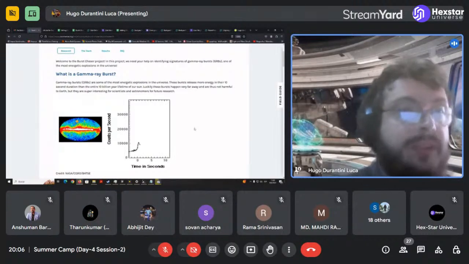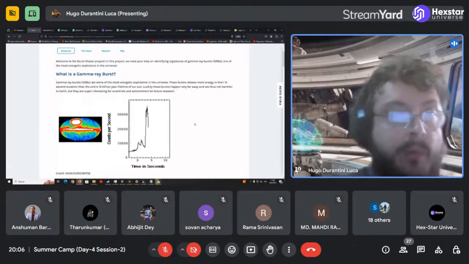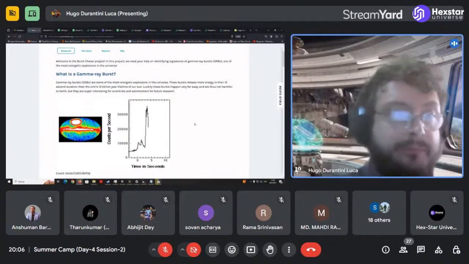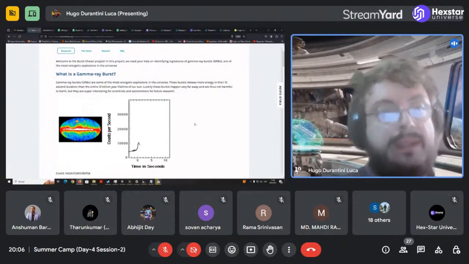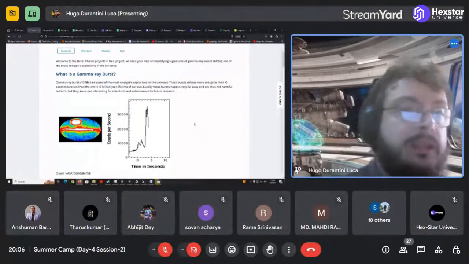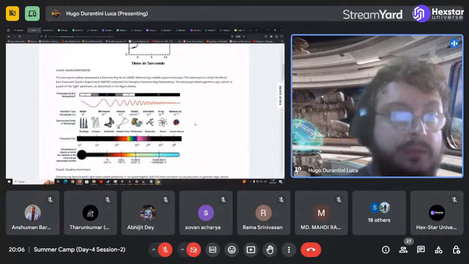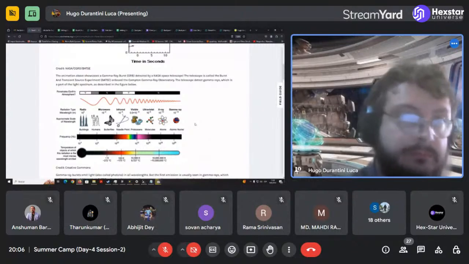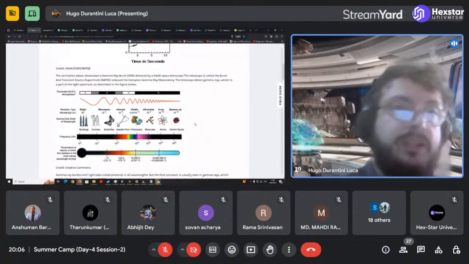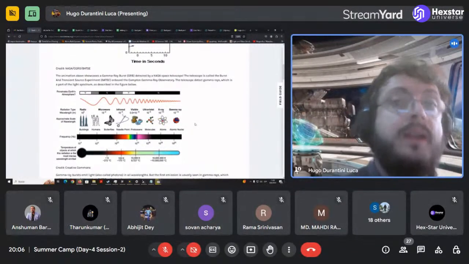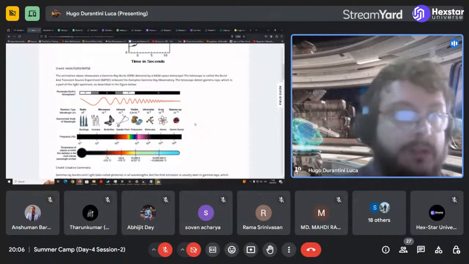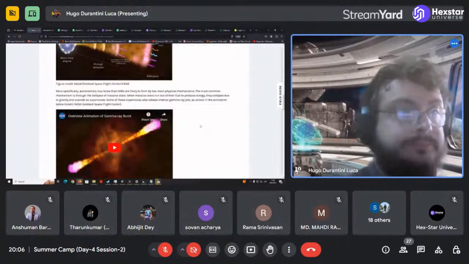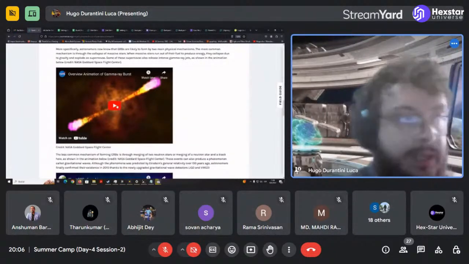And we are trying to find a way to better understand the morphology of the burst, how they behave in time, and the idea behind that is to understand the mechanism behind it, because we kind of know how they originate, but we are not entirely sure of the how. So that is the interesting thing about it.